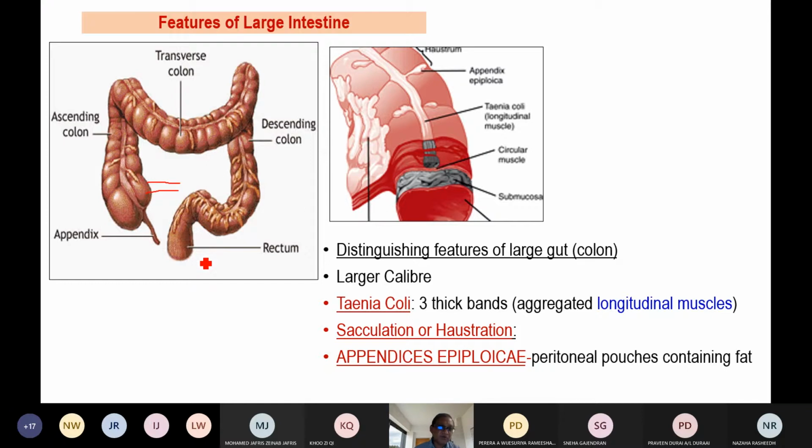has got a very important role. Sometimes in MCQs they can ask that. There are two main types of obstruction we see clinically in patients. Small intestinal obstruction. What is obstruction? It means the peristalsis is stopped and either the food or the fecal matter doesn't move. So in small intestinal obstruction, no food is coming into the cecum, so the cecum will be empty. In large intestinal obstruction, there is no movement here, so the cecum is full.